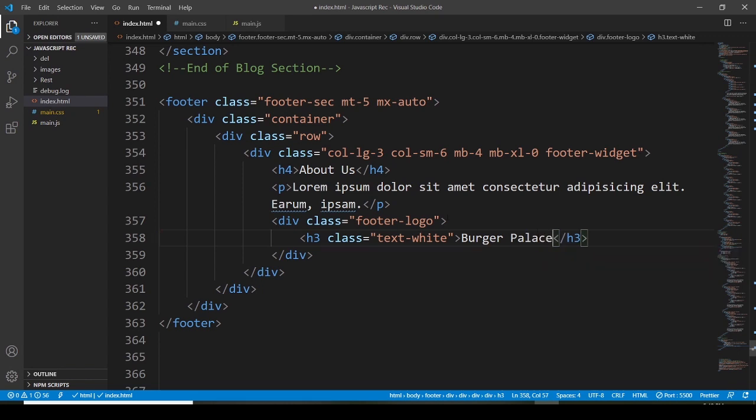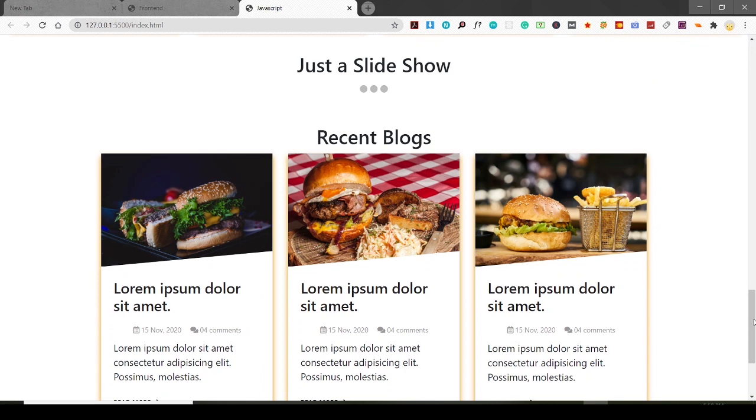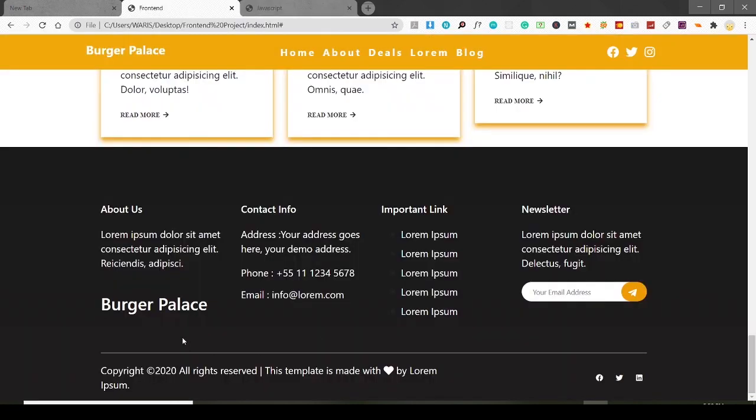I'm using text, so Burger Palace. Let's save it, and not this one. Actually, I'm coding for this section. So here you guys can see, we cannot see that white text because we don't have a background, so it will be like this. Okay,